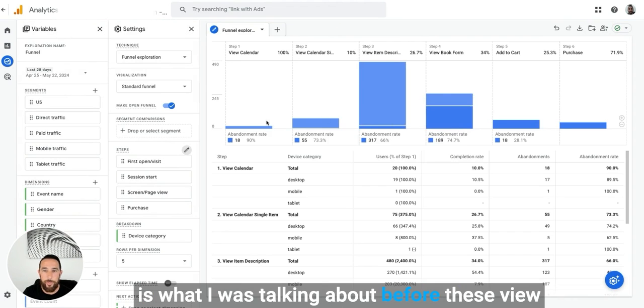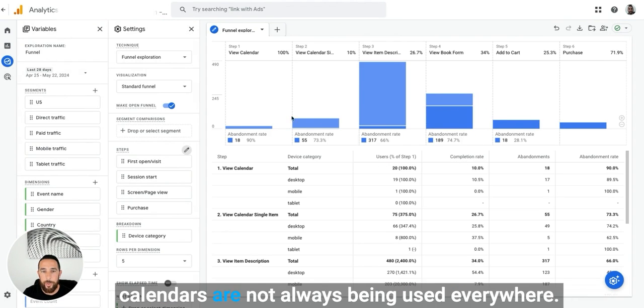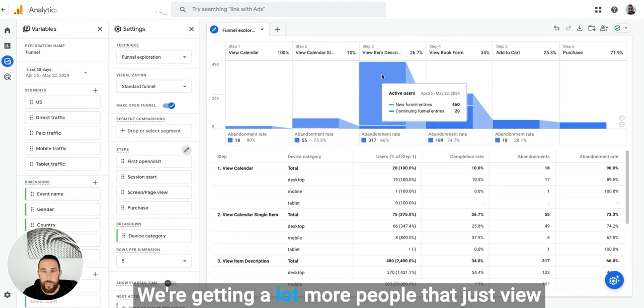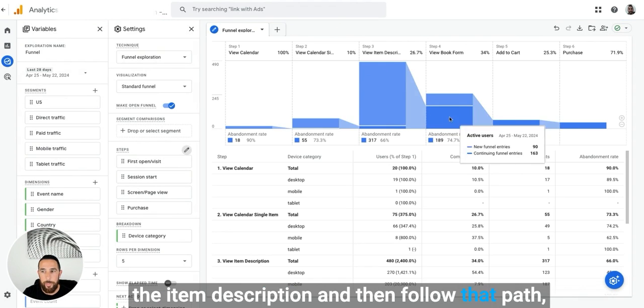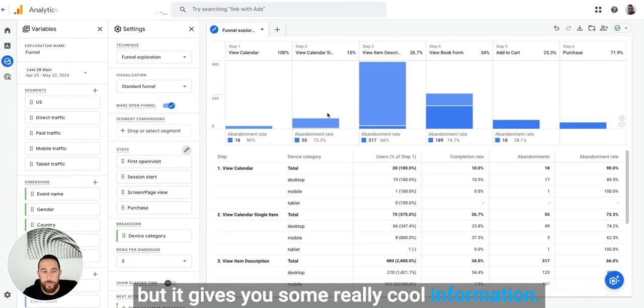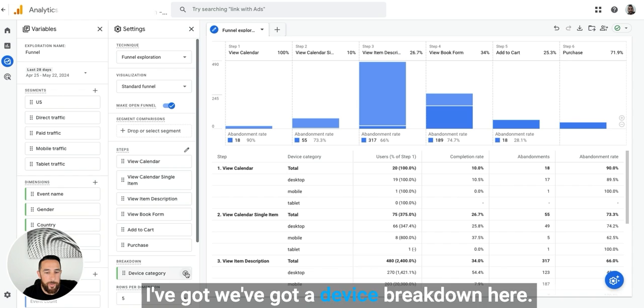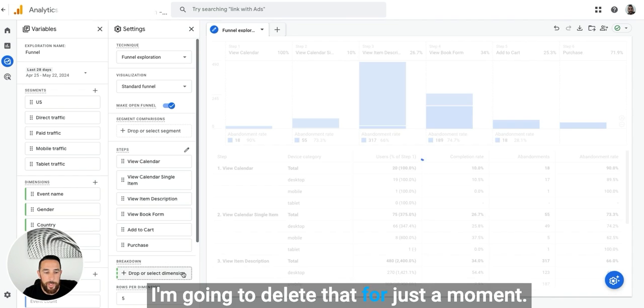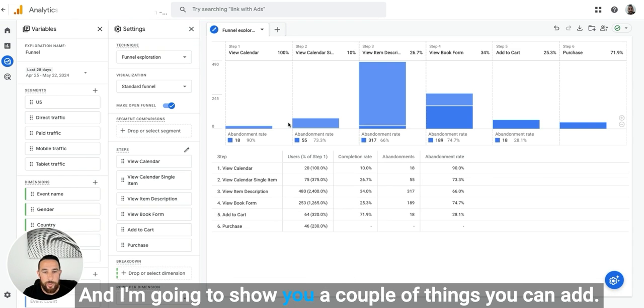calendars, this is what I was talking about before. These view calendars are not always being used everywhere. We're getting a lot more people that just view the item description and then follow that path. But it gives you some really cool information. Now, we've got a device breakdown here. I'm going to delete that for just a moment, and I'm going to show you a couple things you can